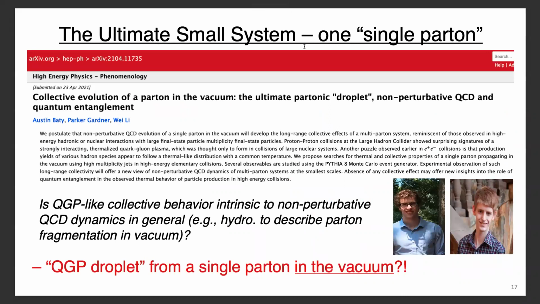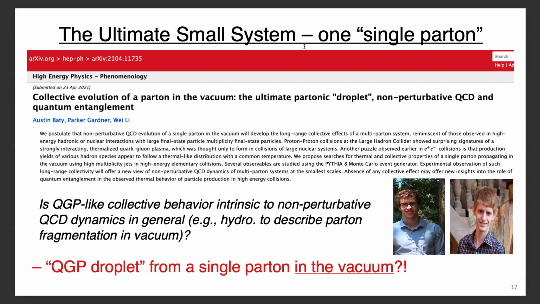So motivated by those, with my student and postdoc, we developed... So basically, what we are thinking is, what would be the ultimate small system you can have? The QCD system, right? We go from AA to pA, proton-proton, e+e-, and electron-proton. The smallest system you can have. How about one single particle, right? You can't make a small system that's smaller than one single